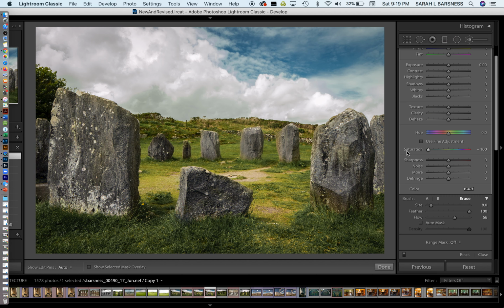Now we've got little bits of color in here, and that's because when I went in with the brush, we didn't have it absolutely 100% opaque. So we'll go back with that same brush, make sure we're desaturated again, there we go, and we can just keep going back and picking those things out, making sure that auto mask is on,